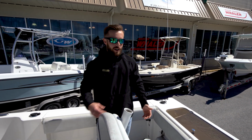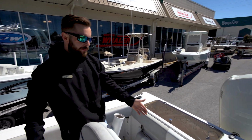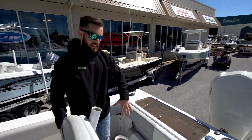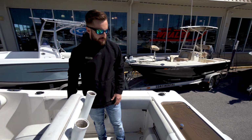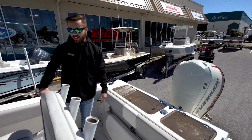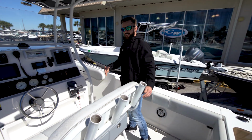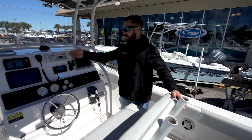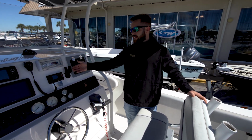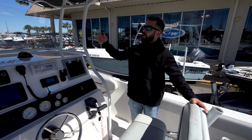All right, now that we are up on the boat, just wanted to point out a couple of features. On the aft section, they do have a flip down seating if you needed to have extra customers or family members ride with you. We do have a live well as well as a smaller bait well to the side, leaning post with a backrest, rocket rod launching compartments as well, Garmin electronics, Humminbird, VHF radio, stereo system, storage compartment,